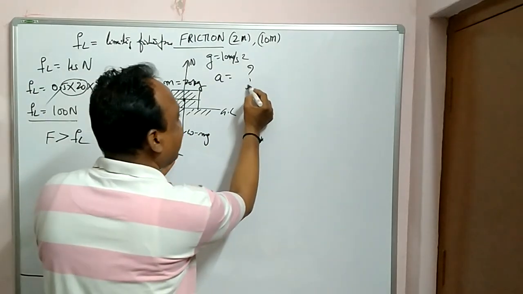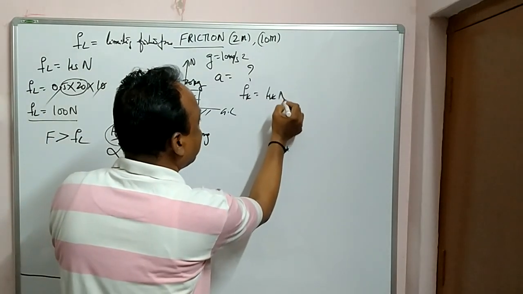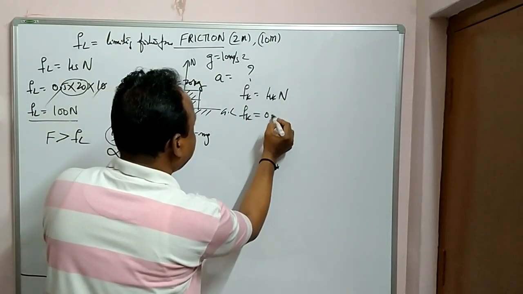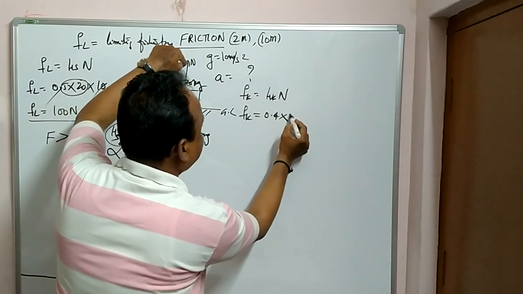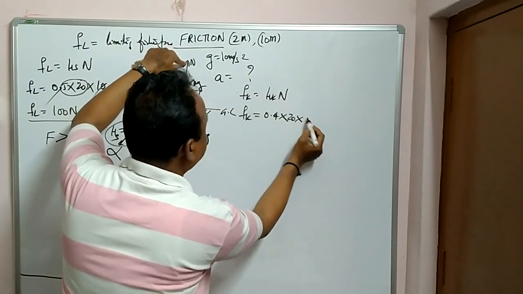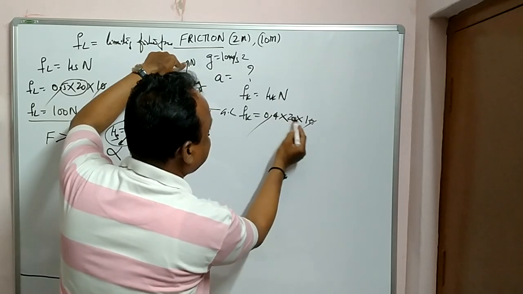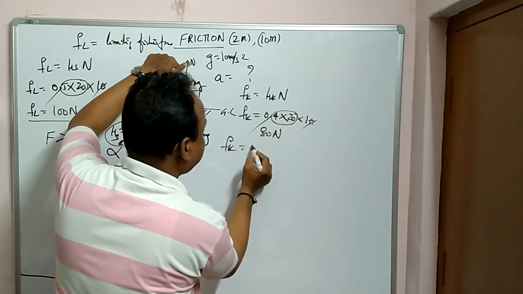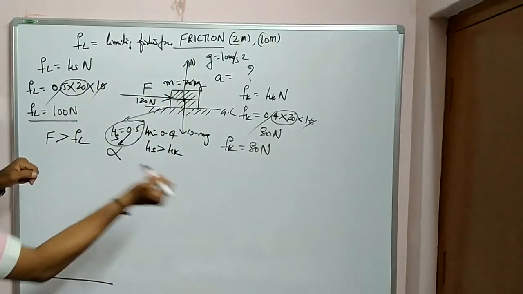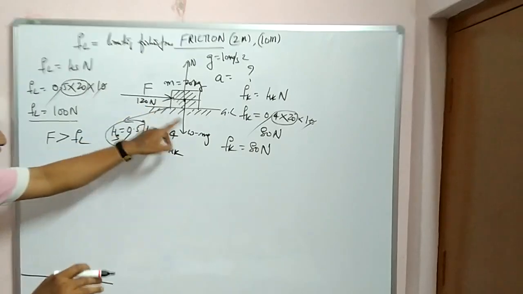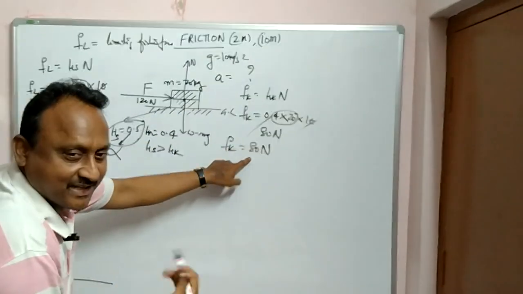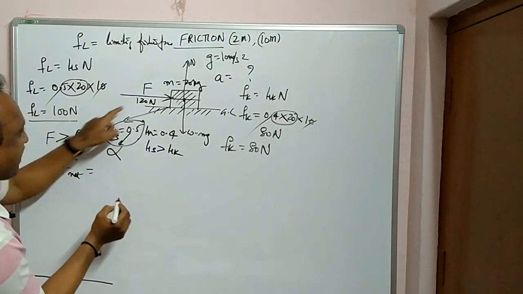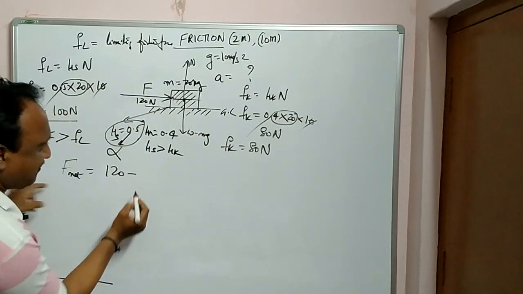So what is the formula here? Fk is equal to mu k into N. So kinetic friction Fk is equal to mu k, 0.4, into normal weight, that is m into g, 20 into 10. What is 20 into 4? 80 newtons. So the frictional force acting is 80 newtons in this direction. The block is being pushed with 120 newtons, and the opposing force is 80. So the body will move in this direction. F net is equal to applied force 120 minus Fk,